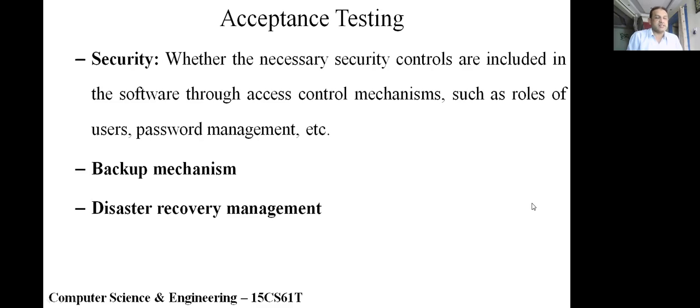Anybody cannot access the system, because for all your online transactions, security is very, very important. As you know, now, for example, to do any online transaction, we get an OTP, a one-time password. That is one way of providing security in software. And who is able to access? Who is the manager? Who is the DBA? What are the roles given to everybody? So the different roles are there.